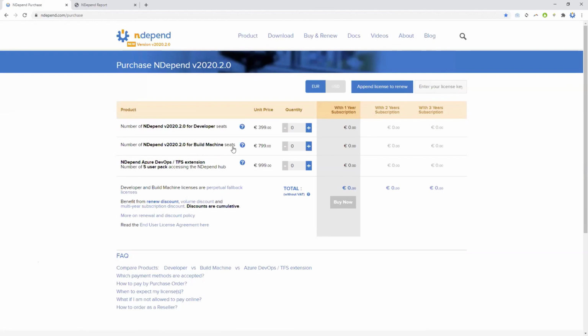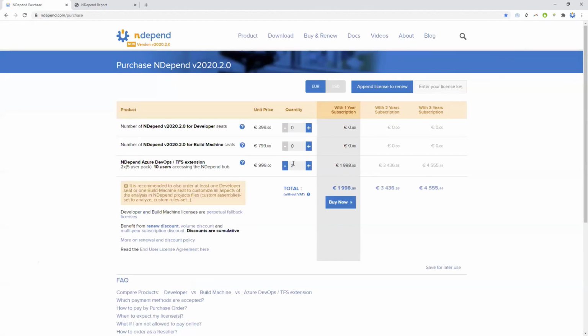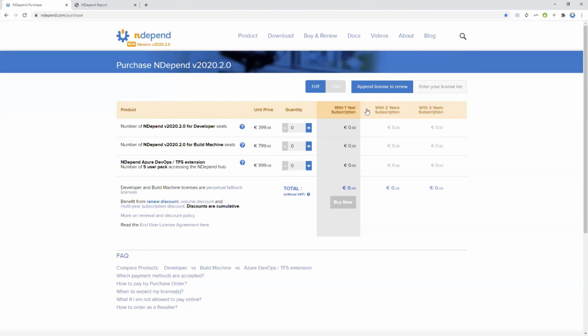Then you have the build machine seats, per number of build machines or per number of agents. And finally, you have per number of Azure DevOps users. Then you have subscriptions of 1, 2, or 3 years, and of course there are some discounts explained here. So just to make sure that the pricing matches what I presented so far.